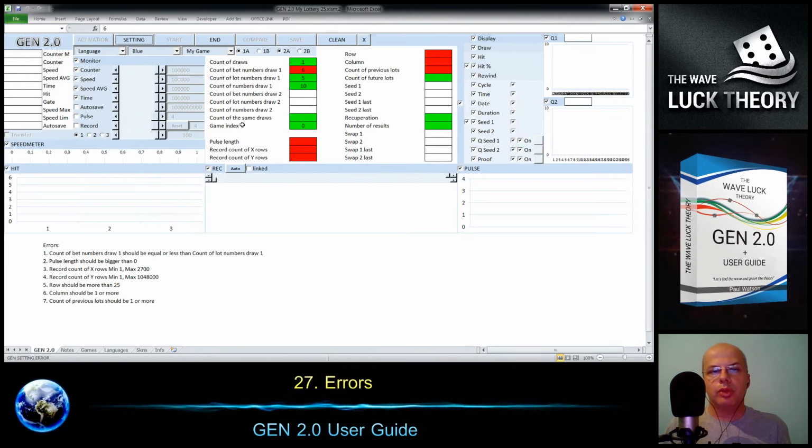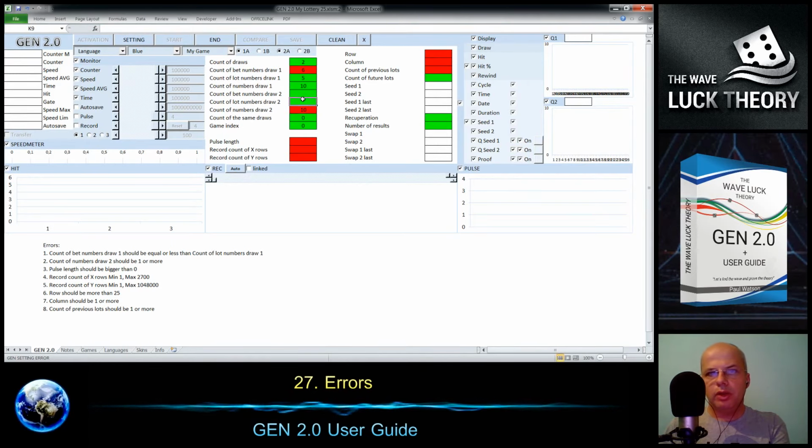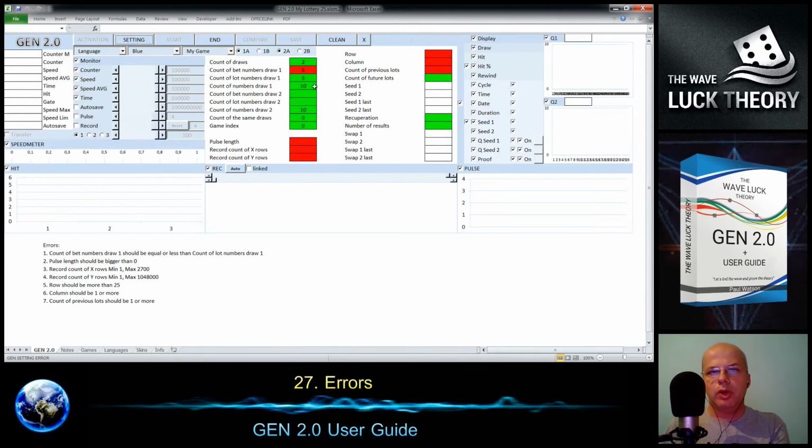Then the count of the same draws should be 0 or 1, and if I use 2 draws and I put 0, then it will make an error because there is a missing value. Now it's correct.